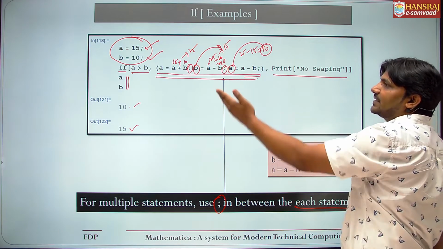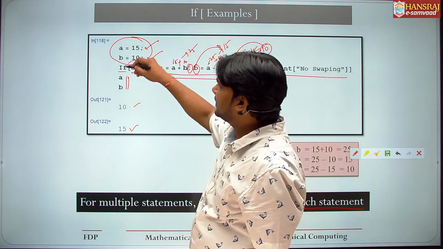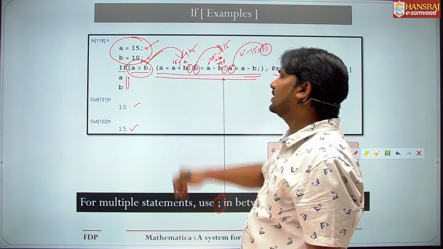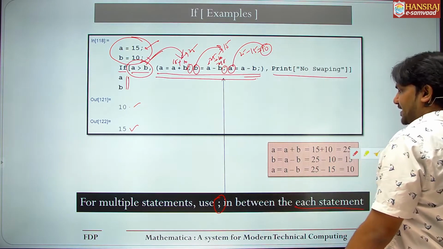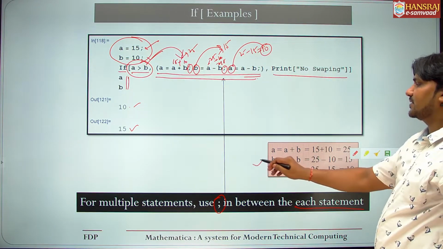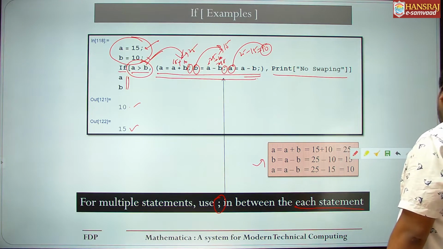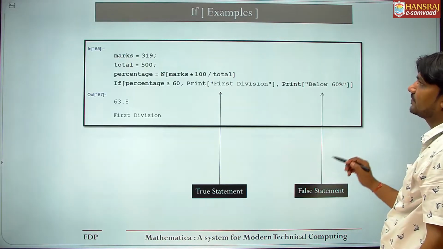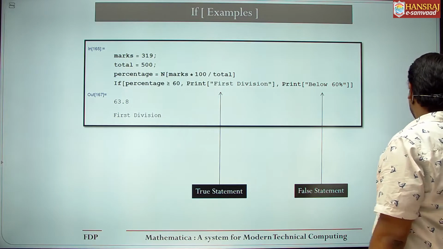But a is greater than b, yes, 15 is greater than 10, and that's why swapping will be executed. Okay, here also you can check. Another example you can see,